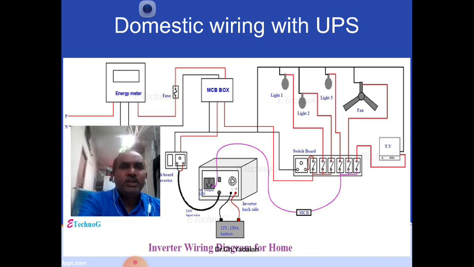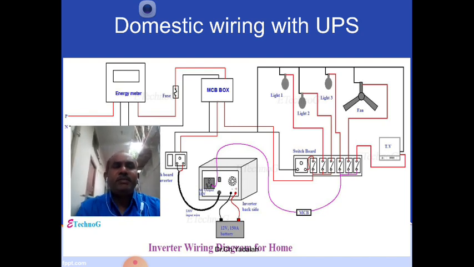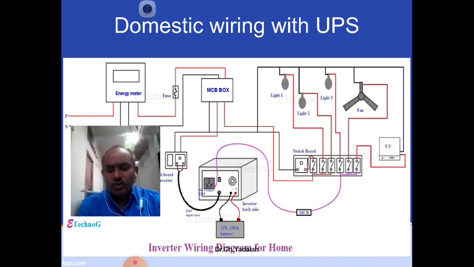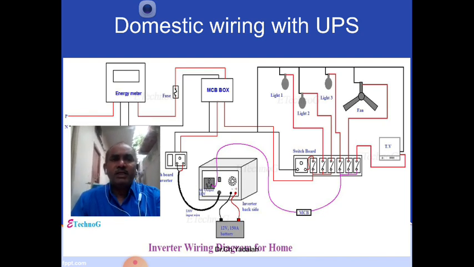From the energy meter we are taking the government supply, and from there the cut out, next is the MCB, the main distribution board, and from the distribution board one of the subcircuits is connected to the input of the inverter, where the inverter always charges, converts AC to DC and stores it in a battery, and it is ready to supply whenever the main input supply fails. It is connected through one circuit to the emergency switches, whether for a single lamp or fan. This is in addition to the previous calculations.